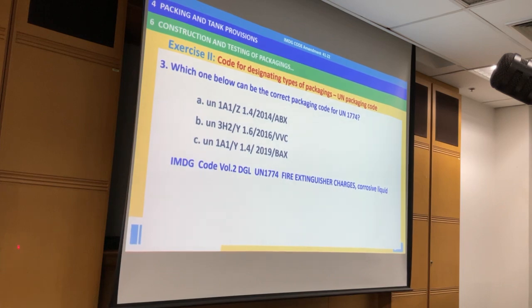When we go to the list, I will have to be a little faster. If you follow me, please. Which one below can be the correct? We go to the dangerous goods list,